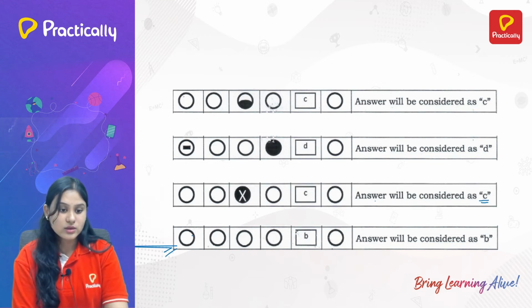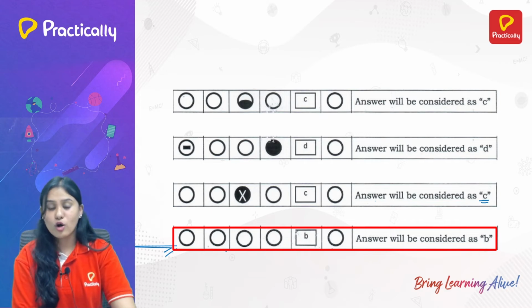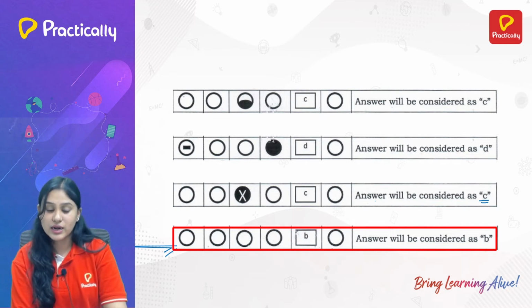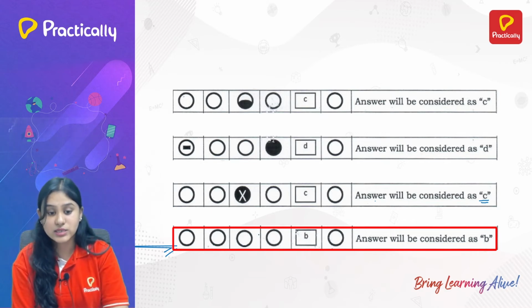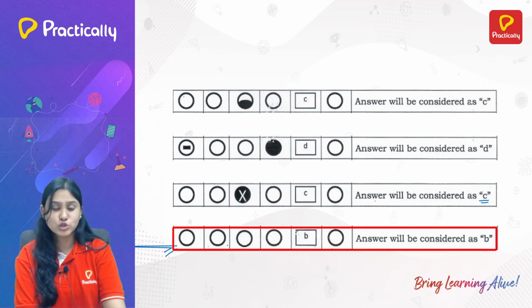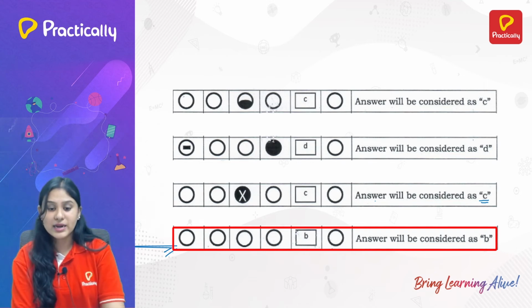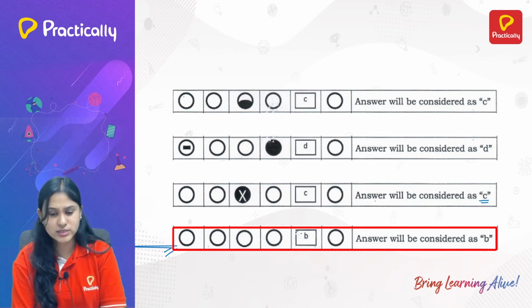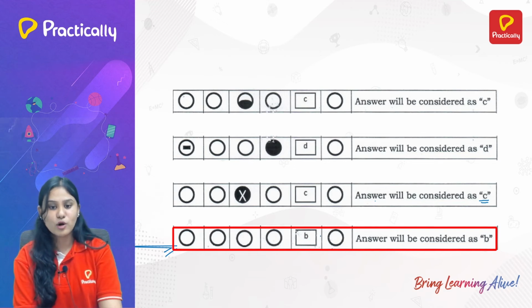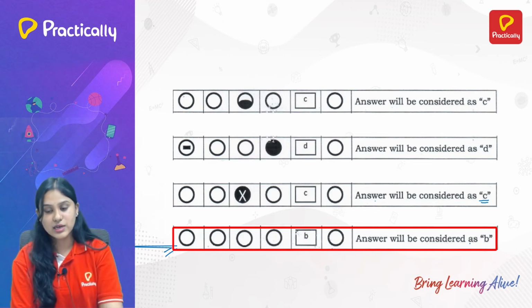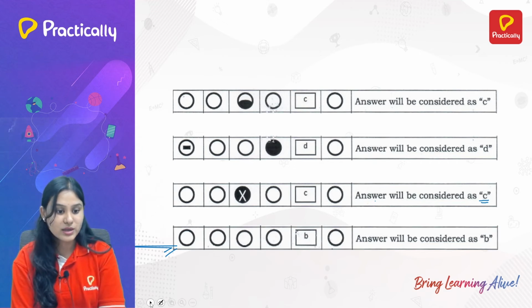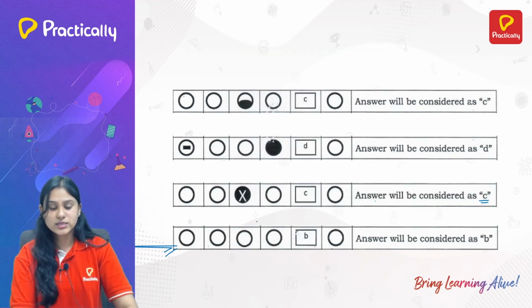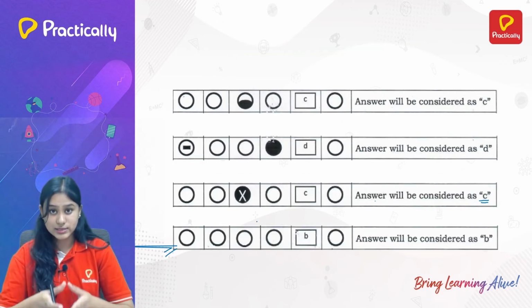Next, A, B, C, D all are empty. You didn't understand which is the correct answer, or you did not come to a conclusion. But at the end of the exam, 5 minutes before the exam ends, you realized it's B. So instead of bubbling, you just put B in the box. You made the right decision because your answer will be considered as B. Okay. Next. So these are all the cases in which the question is considered as attempted.